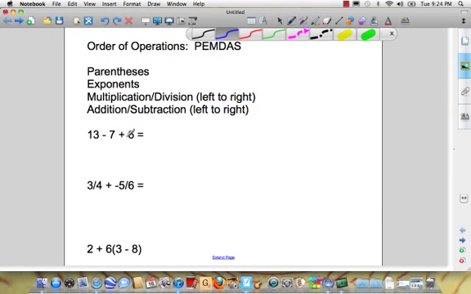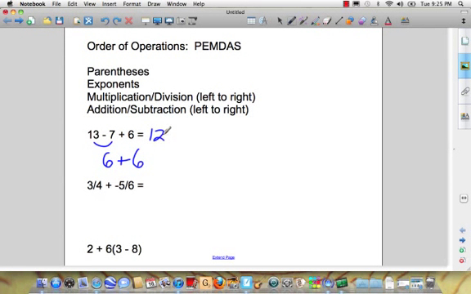So see, in this first problem, there's subtraction and addition. Now, many people mistakenly believe that you have to do the addition before the subtraction. But notice I wrote addition and subtraction on the same line. If you have both of those in the problem, you just go from left to right. So the first thing that shows up is 13 minus 7, which is 6, and then you add 6, and